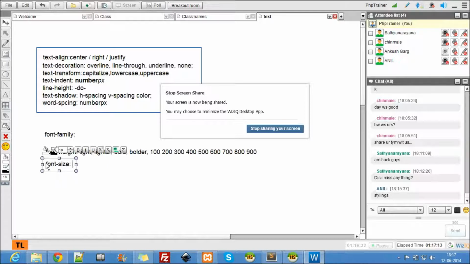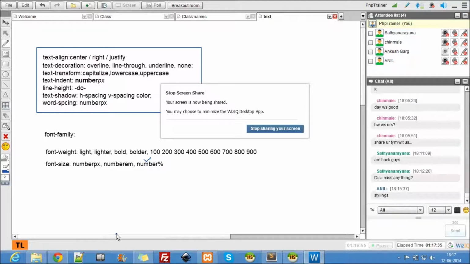Font size can be done in three ways: number pixel, number em, number percentage. The best way to use is percentage. 100 percentage is 12 pixel.